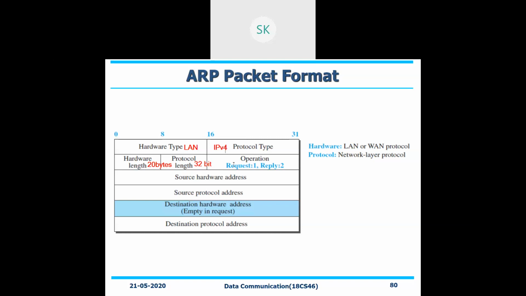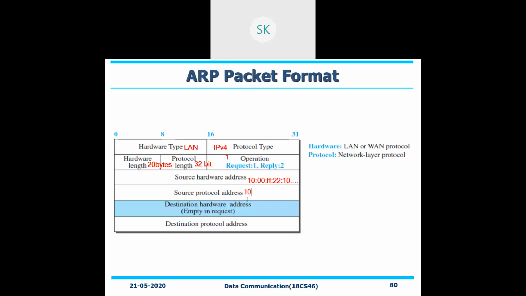So if you are setting the request, suppose you are saying that it is a request, that is one. Then the source address will be taken care of. That is the MAC address of the system, whichever you're using. It is 20 byte length. With respect to your source protocol, it will be 32-bit length, right?